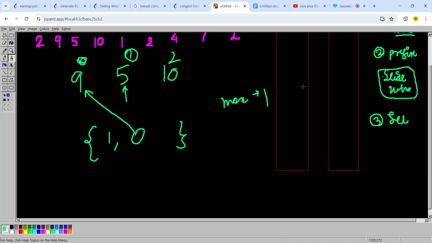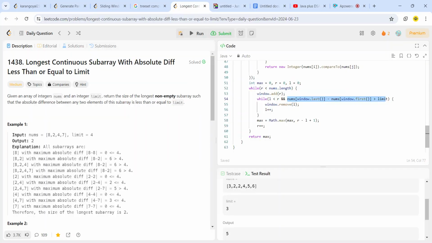Now when you have to find the minimum and maximum difference, which I told you earlier, here minimum is nums at 1, maximum is nums at 0, which is less than or equal to 4. So 4 was the limit, so this is correct. You don't have to go inside this. I'll tell you the meaning of why we have put this loop.